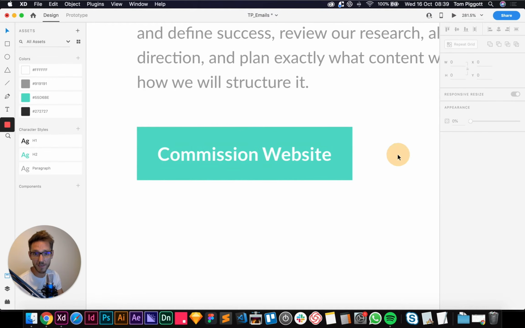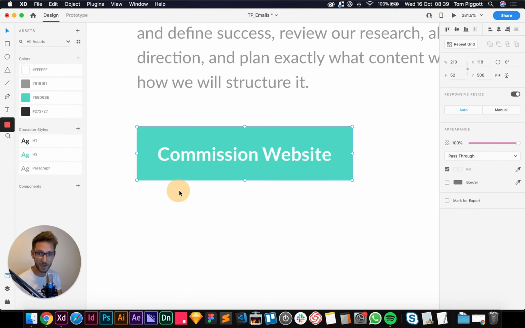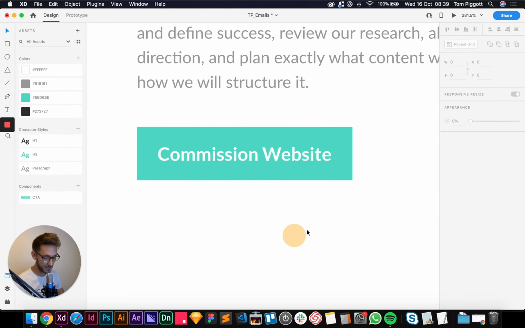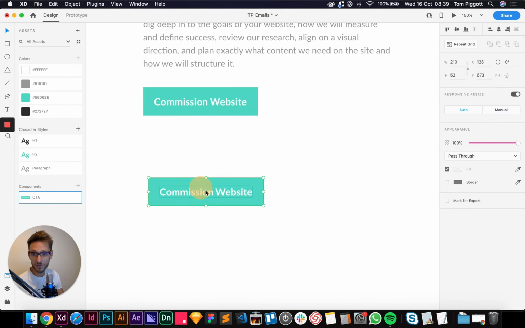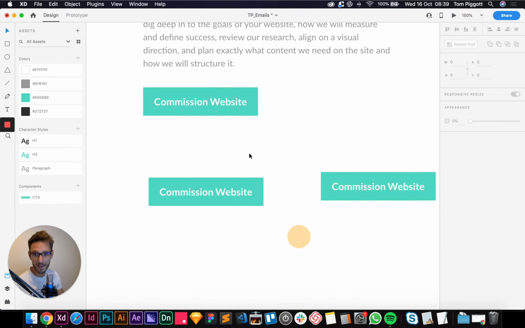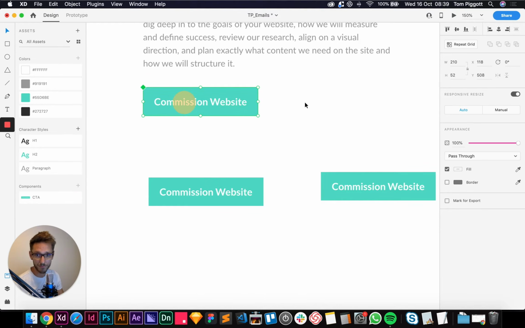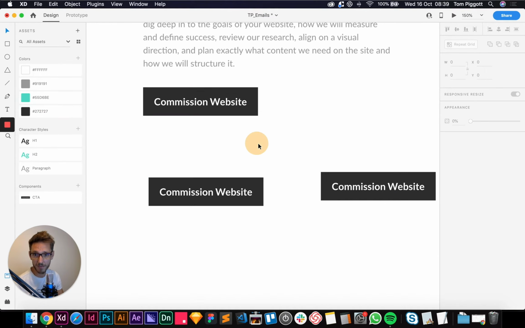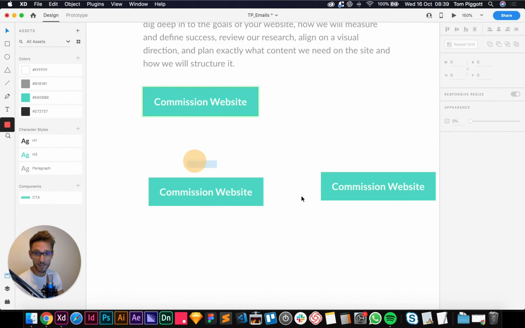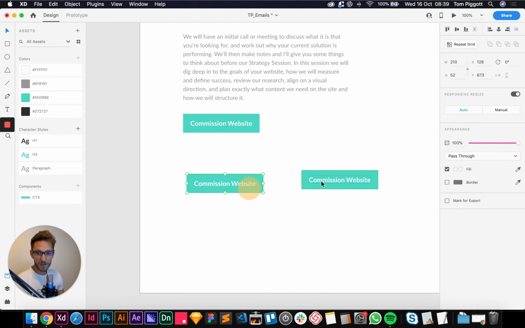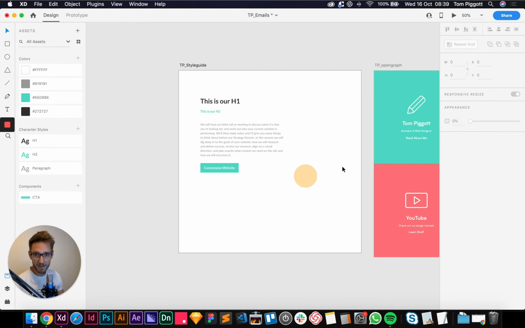15, 15, 20, 20, and I'm just going to select around that, hold Command and G to group that, and then in my components here, we'll make our first component. If I click there, we've got it here, and I'm just going to call this CTA, call to action, and now wherever I am, I can just drag out a CTA, and if I were to change my original one, it should update all of the other ones. So you can imagine if you've got loads of emails and things like that, loads of different pages on the website, this comes in handy. So I think we're good for typography and components for now. That will get us started.